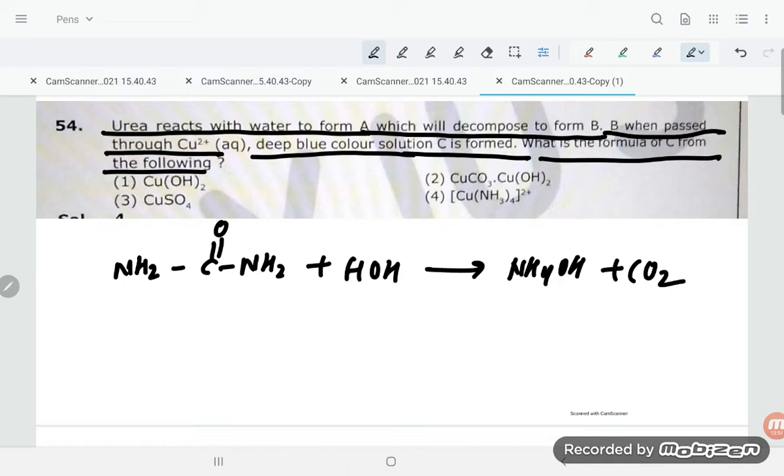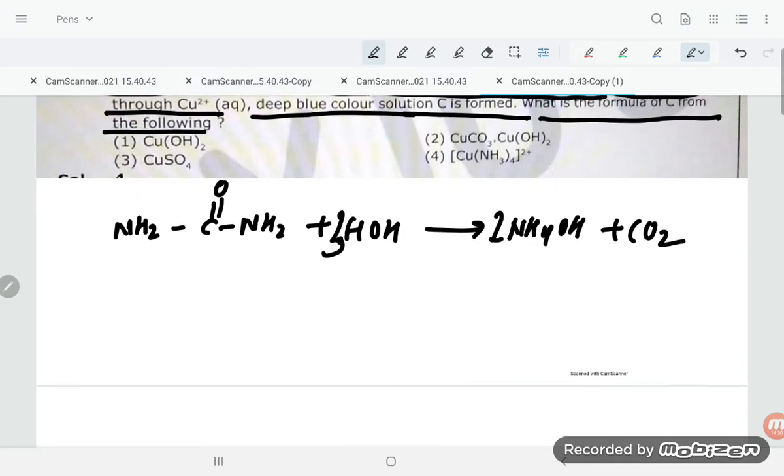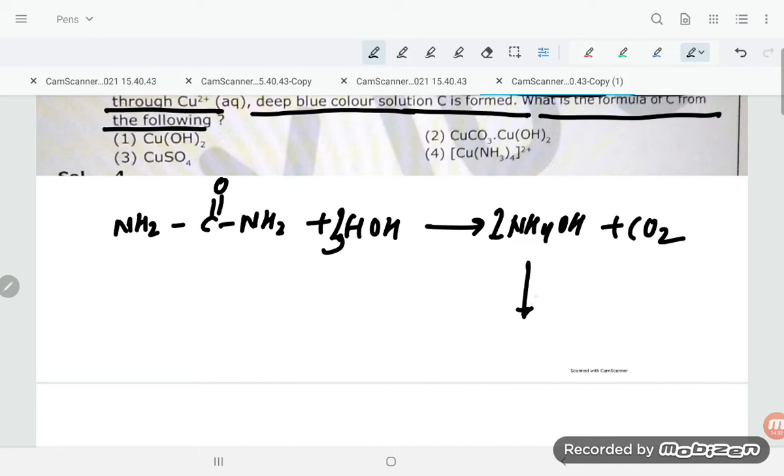So this compound is forming. Here you can take 2 molecules of water, and if you take 2 molecules of water you can balance it out. Hydrogen: 2, 2, 4, and here 4, 4, 8. And in carbon dioxide, how many oxygen are there, students? 2, 2 to 4. 4 means 3 is required. So now it is balanced. Now this ammonium hydroxide on heating will release NH3 plus H2O again.